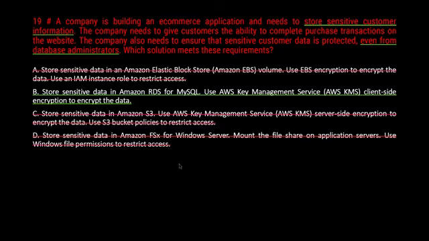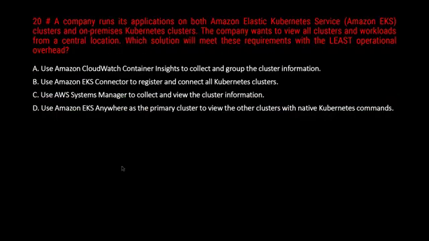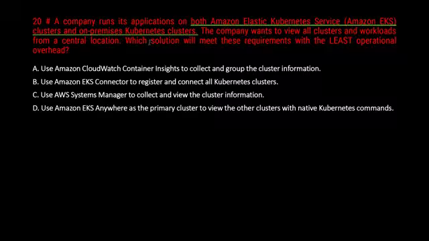Okay, let's go to question number 20. A company runs its applications on both Amazon Elastic Kubernetes Service and on-premise Kubernetes clusters. So they are using both on-premise and AWS Kubernetes. The company wants to view all clusters and workloads from a central location. Which solution will meet these requirements with least